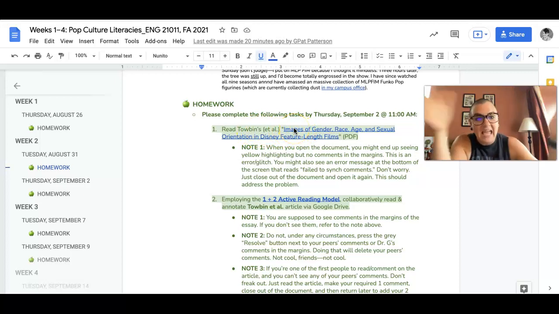Et al. means "and gang" and crew, right? It means that there are more than 2 or 3 authors for a piece. That's when you use the et al., right? So anyway, you're going to read Tobin et al.'s